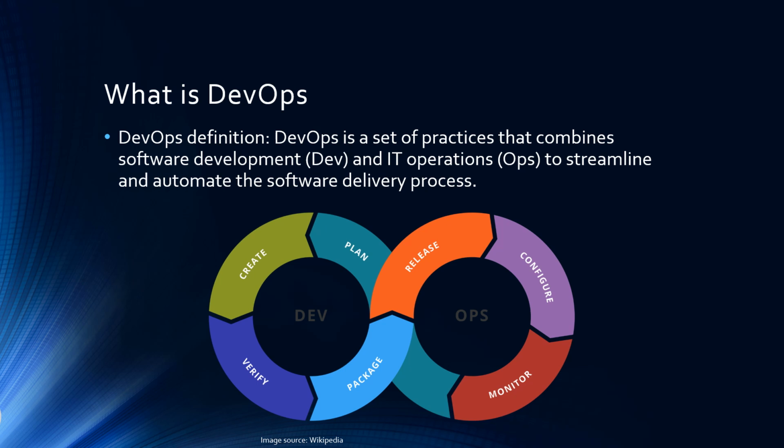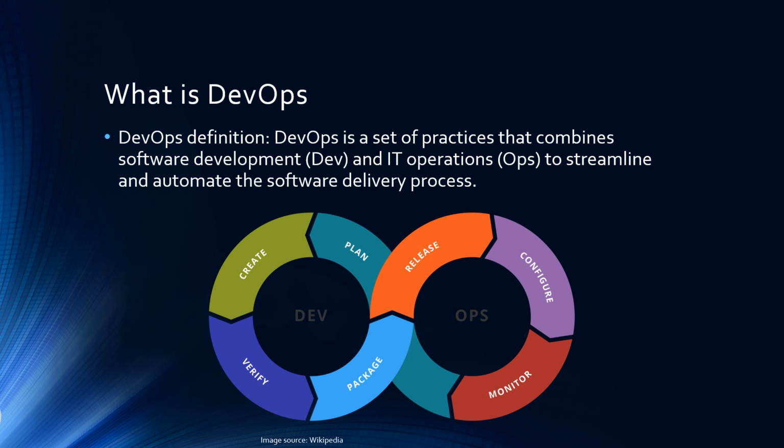The definition we see on this slide is intentionally broad because DevOps encompasses many aspects of software delivery. When we say it combines development and operations, we're talking about breaking down traditional silos that have historically separated these functions. This separation often led to conflicts, delays, and reliability issues in software delivery.